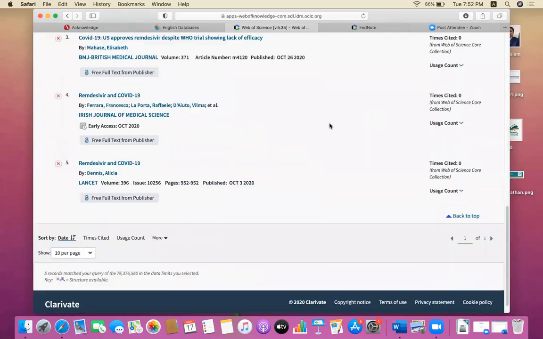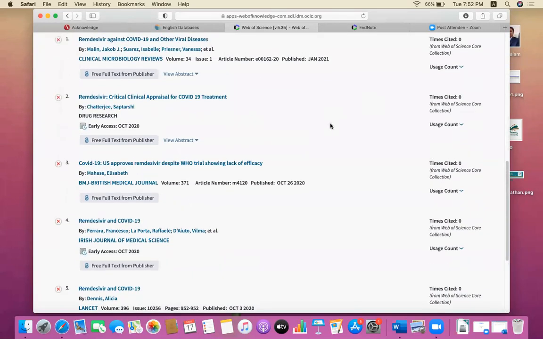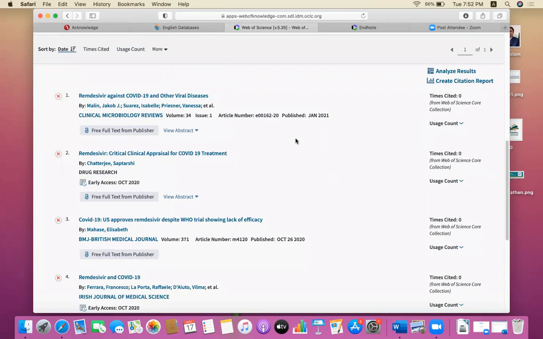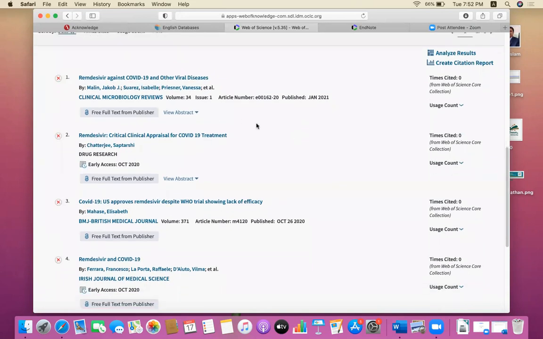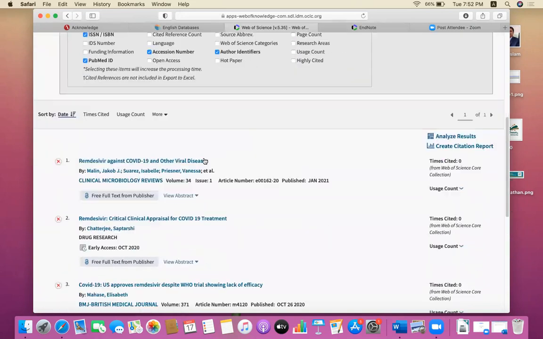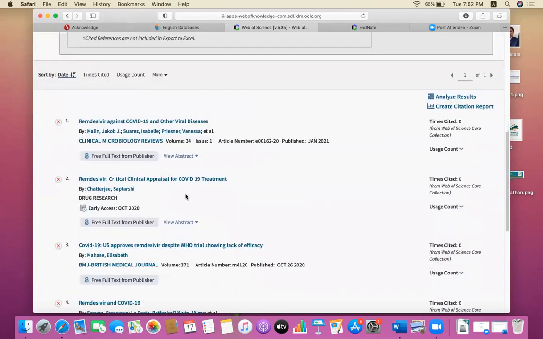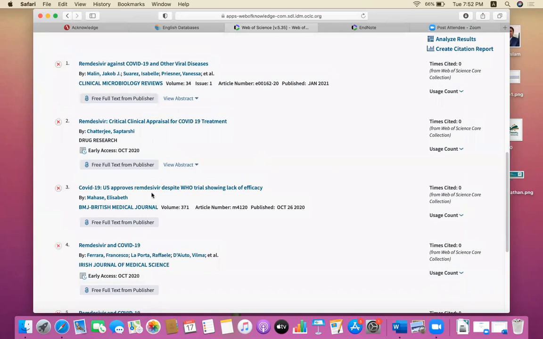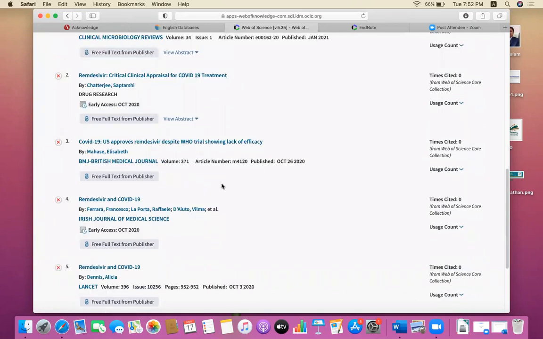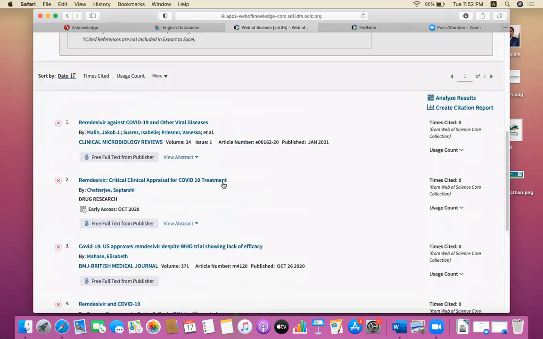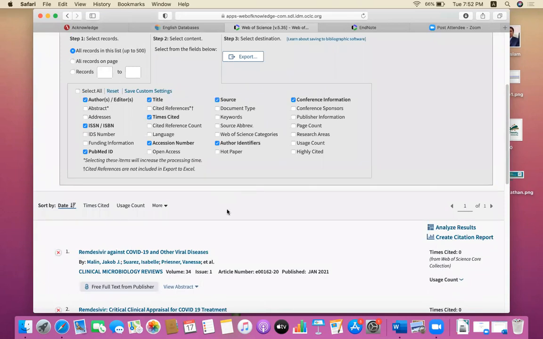These are the articles which I have selected to add as references in my sentence: remdesivir against COVID-19 and other viral diseases, remdesivir critical clinical appraisal, and US approves the same. So I have to add these 5 references for my first sentence.